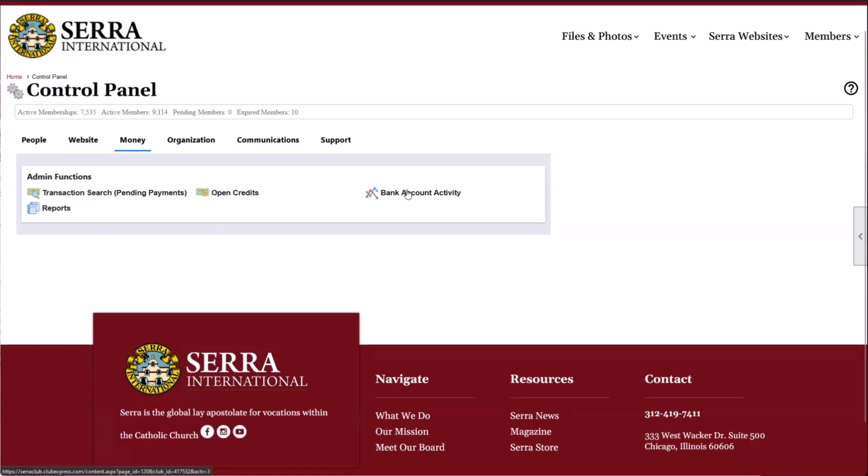Bank account activity. This is one I don't foresee a lot of, it doesn't get a ton of use, but it just lets you see any transactions between the organization and Club Express. For bank account activity as a subgroup, you'll only see transactions between if you have a subgroup bank account and Club Express. So if you were to have your own bank account for your subgroup and you collect funds for